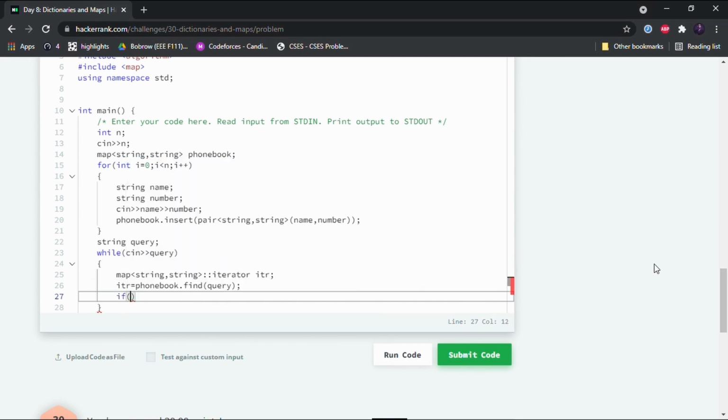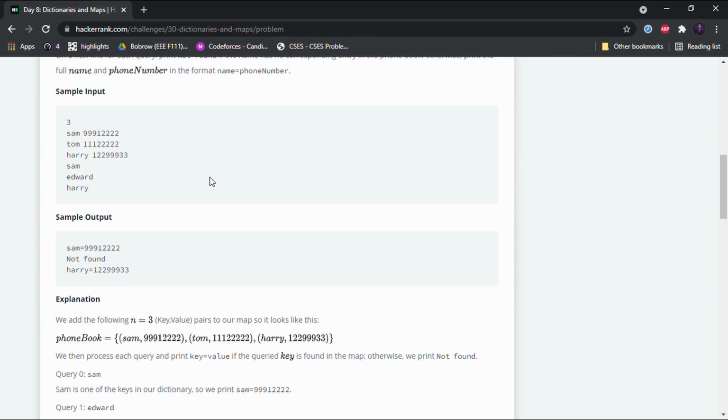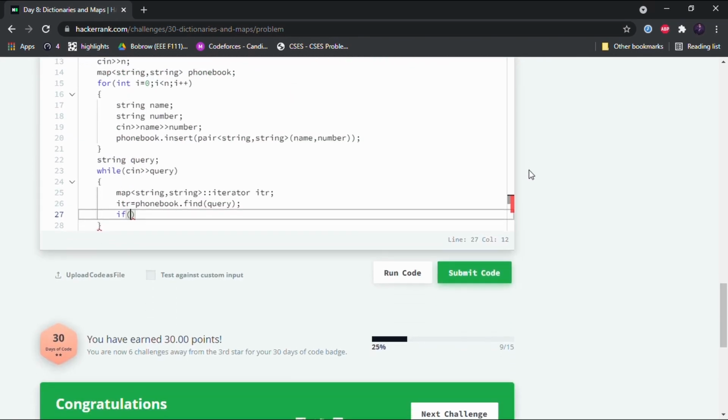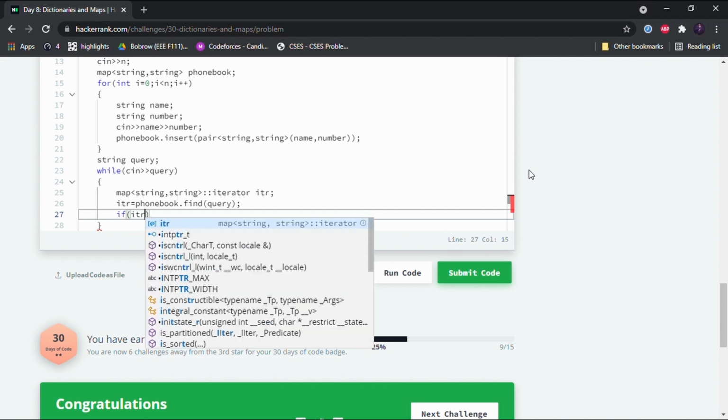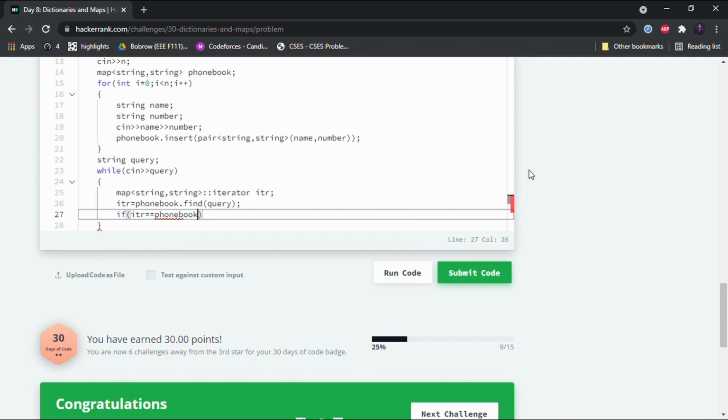Now if that value doesn't exist, if for example Edward is an entry which doesn't exist in the phone book, what we'll do is: if itr is equal to phone book dot end, which means that the value does not exist in that map, and end is a function which gives you the value after the last element of the map.